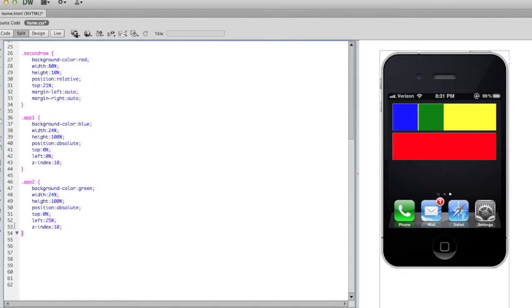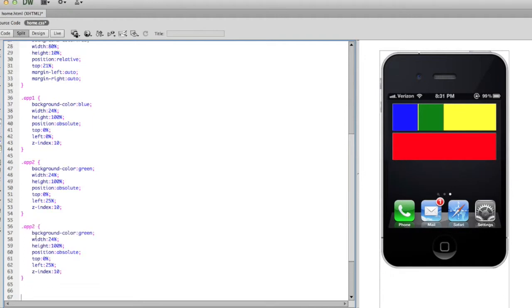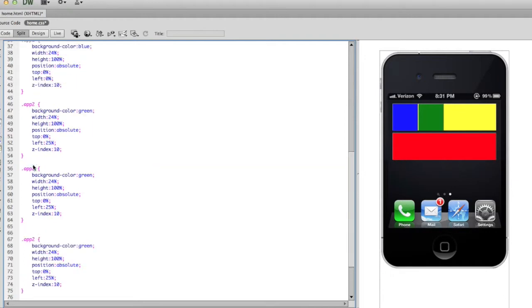Okay, let's go ahead and create 2 more apps. So I'm just going to copy and paste that twice. I'm going to call this one app 3. This one's going to be app 4. Different colors. So let's pick a